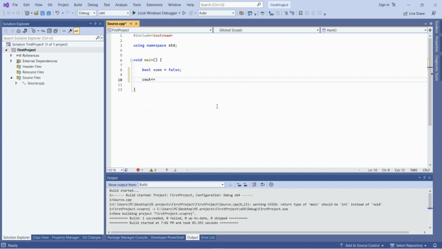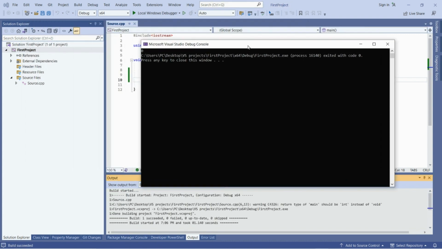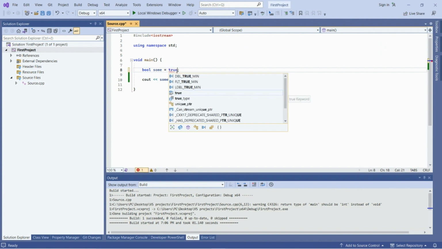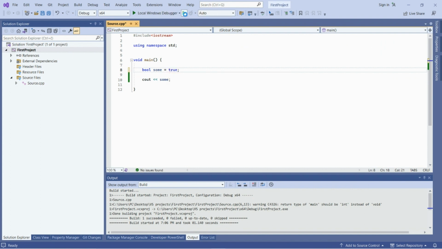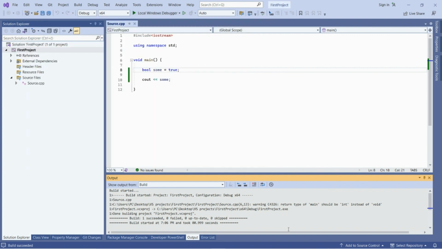Let's see what will be printed. So when the value is false, 0 is printed, and when the value is true, 1 is printed.